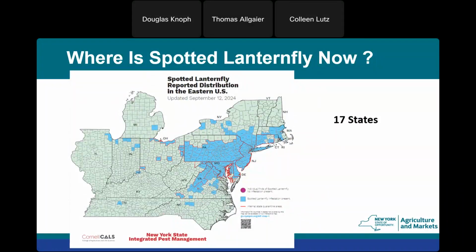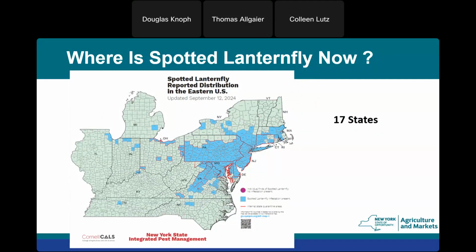As of now, it's located in 17 states across the United States, including 27 counties in New York State. From as far west as Illinois, as far east as Massachusetts, and all the way down to North Carolina and Tennessee, you can find some populations of spotted lanternfly. Just because the county is lit up in blue doesn't mean the entire county is covered in spotted lanternfly.